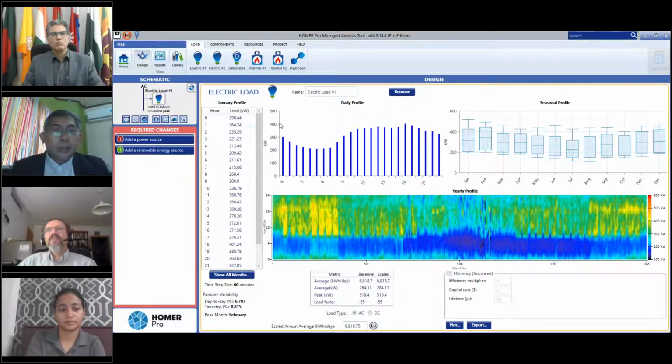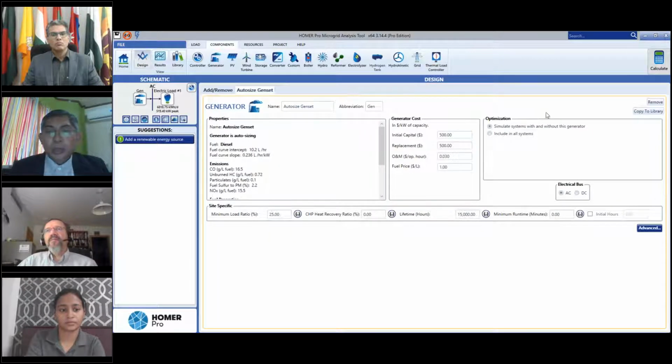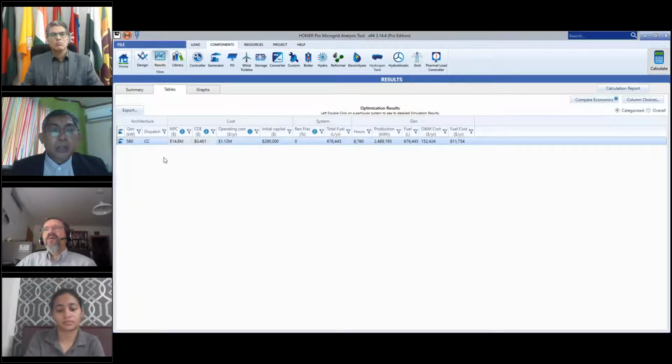With this load, we can just add an auto-size genset for a quick design, and we can use the default settings, but we can also put in the price of fuel to be 1.2, just to have a reference. This will be our base case, and if we calculate, HOMER will look for the best capacity of genset, and with the results that we got, HOMER chose a 580